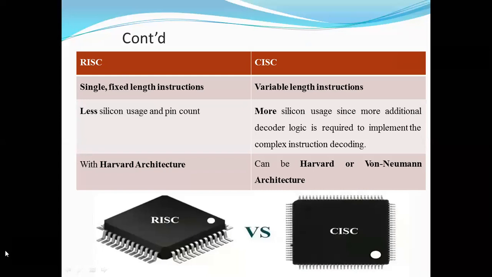In RISC, you have a fixed length instruction. That means the length of each instruction is fixed. I have already discussed this in the class in the first module. The ARM instruction will be executed in a single cycle. The length of the instruction is fixed. Whereas in CISC, you have variable length instructions, right?